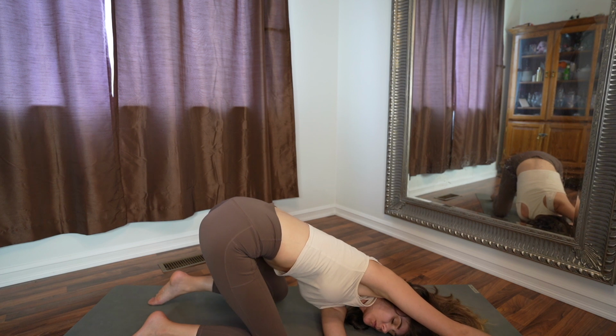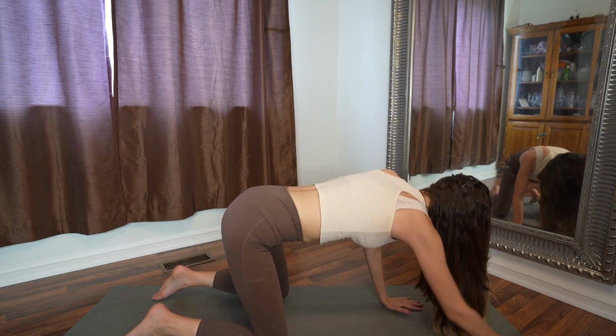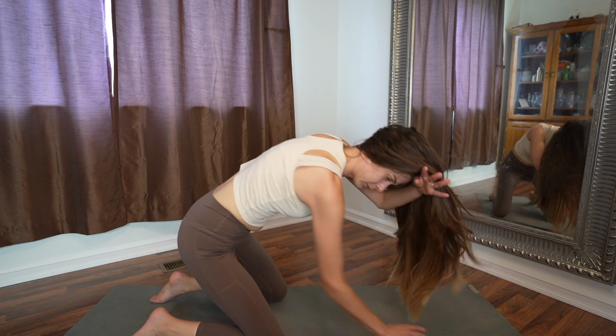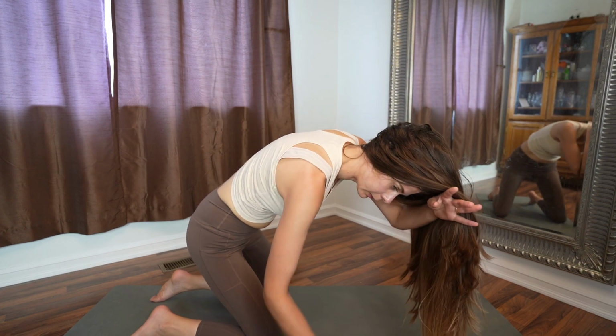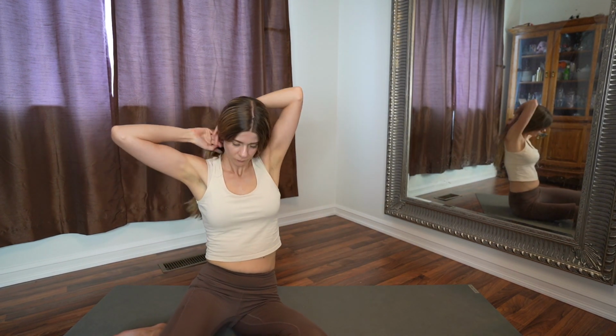Take your gaze to the right. Close your eyes. Last few seconds in this posture. Draw your awareness in and focus your attention on the right here and the right now. Come out of this posture, find a comfortable seated position, draw your hands to heart center, and always commend yourself